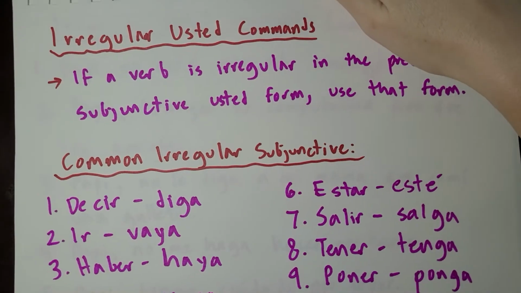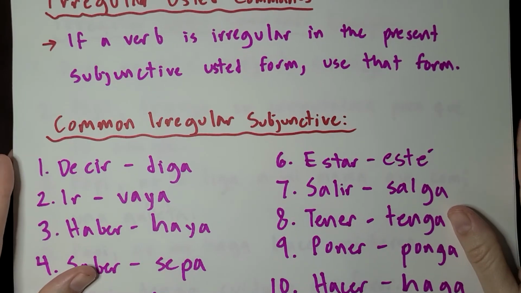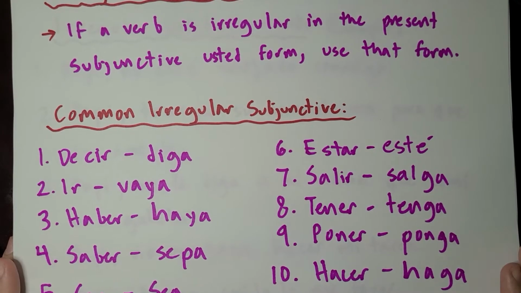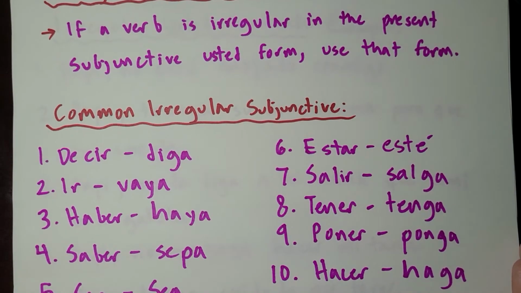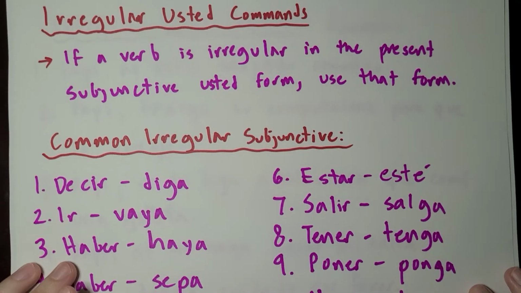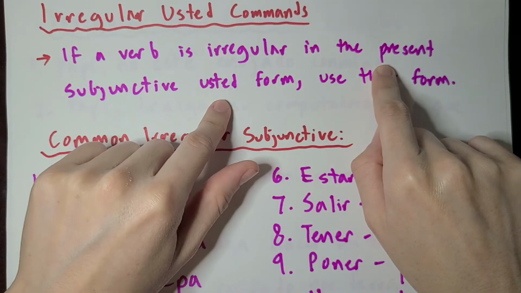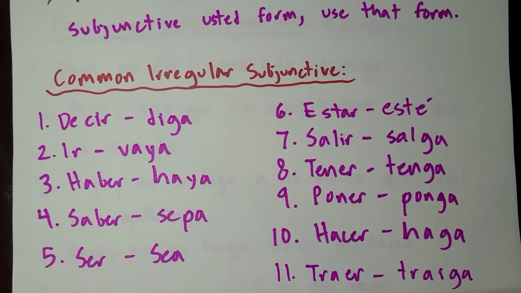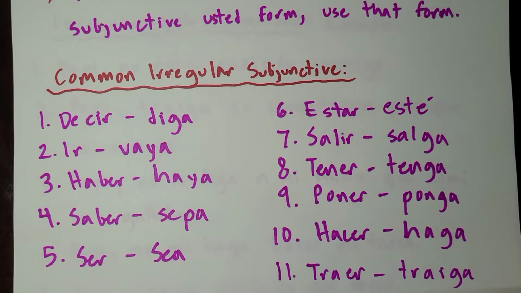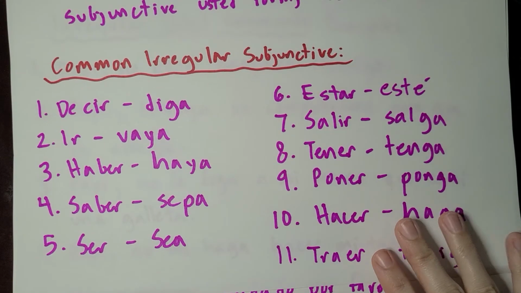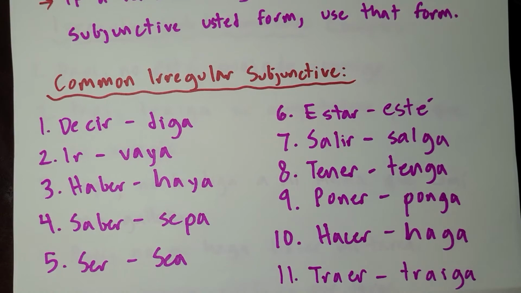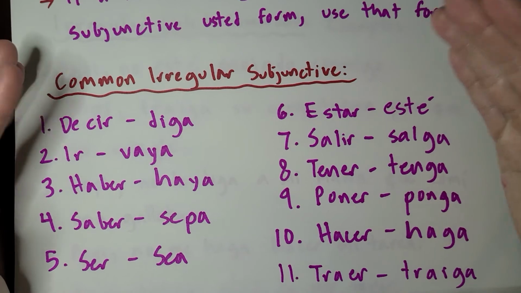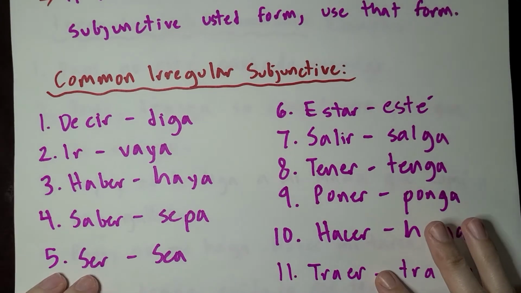Alright, now we're just going to go over some irregular usted commands. This is the exact same list of commands from the tú video, because if you remember, for negative informal commands, you also use the subjunctive tense. So if a verb is irregular in the present subjunctive usted form, use that form. And all of the verbs, I'm going to say all of them, I cannot think of any examples that this is not true for. All of the verbs that are irregular for the tú form in the subjunctive present tense are also irregular in the él or usted form of the subjunctive present tense, and they're exactly the same, but